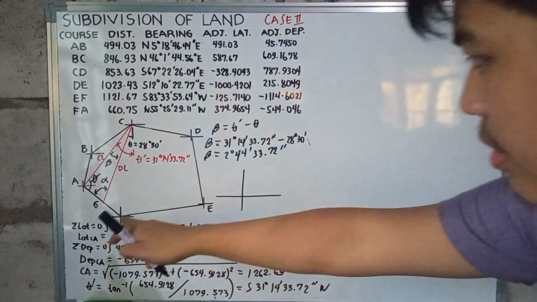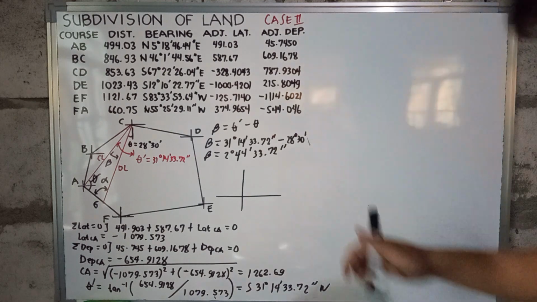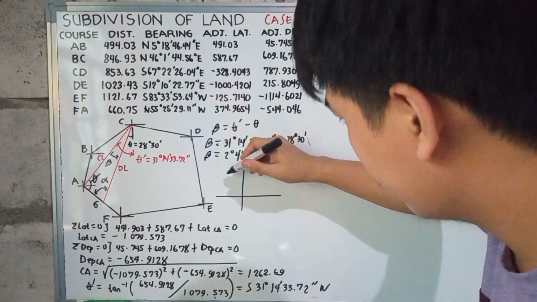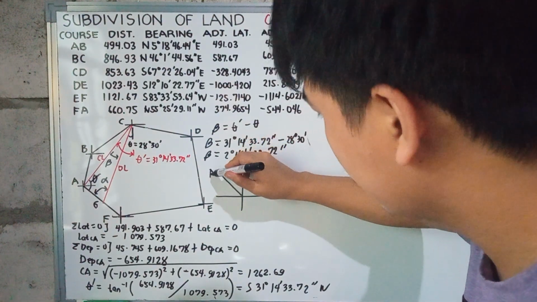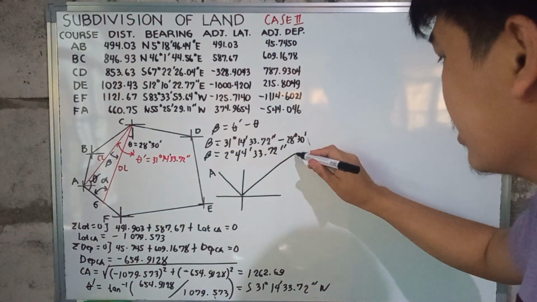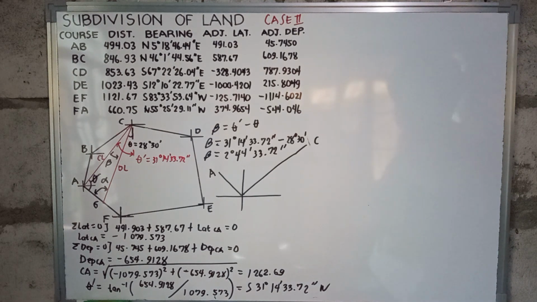Mapapansin ninyo, this is our line from A. Tapos, mag-aano tayo dito, that will be yung papunta sa C natin. So, kung mapapansin ninyo, by alternating angles,